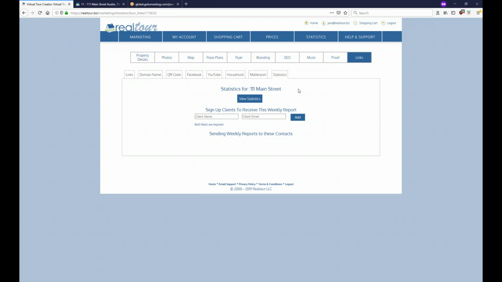Okay, so that's basically it. We've gone through the process and all the steps that are included if you want to make a platinum virtual tour. Now, as I mentioned earlier, a lot of these features are optional. You do not have to